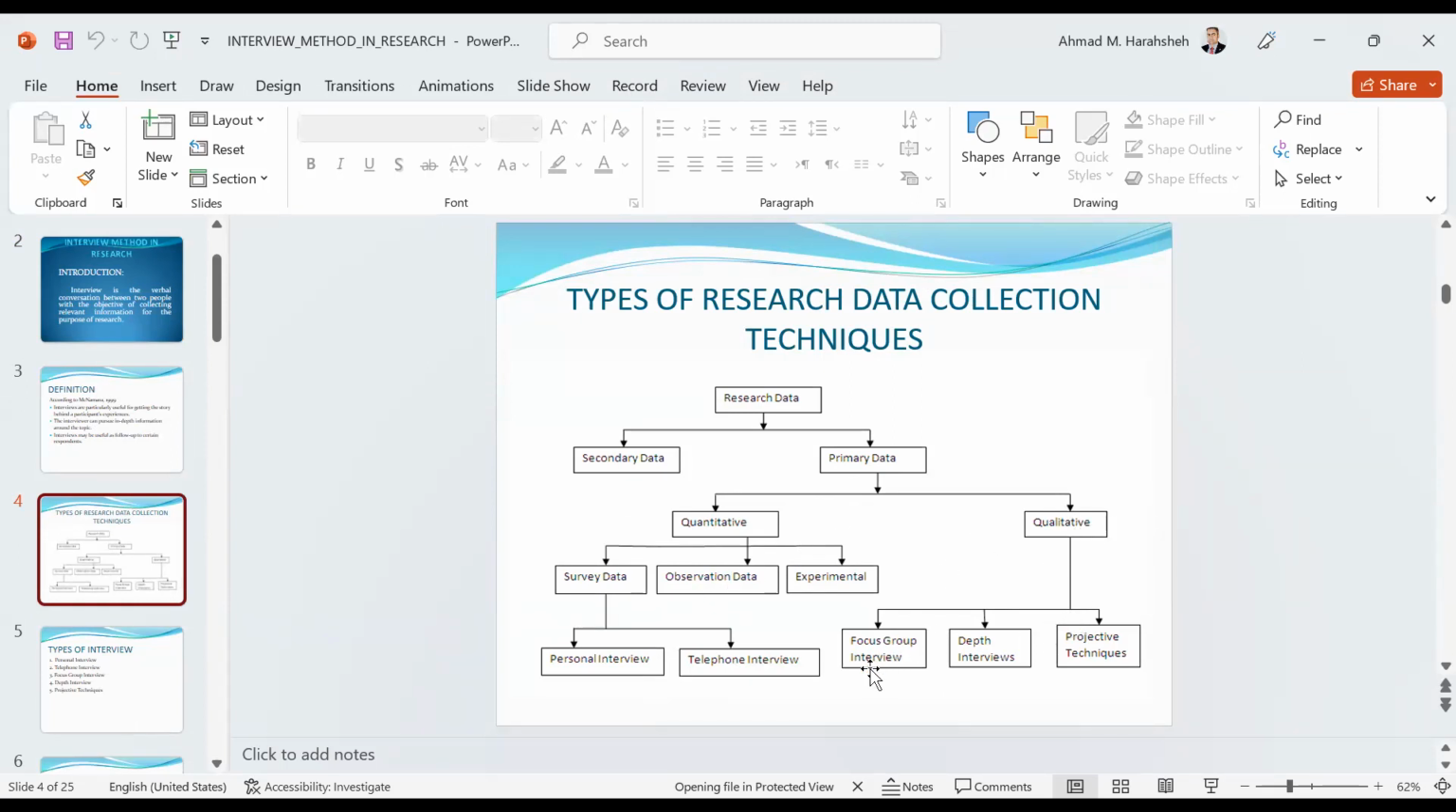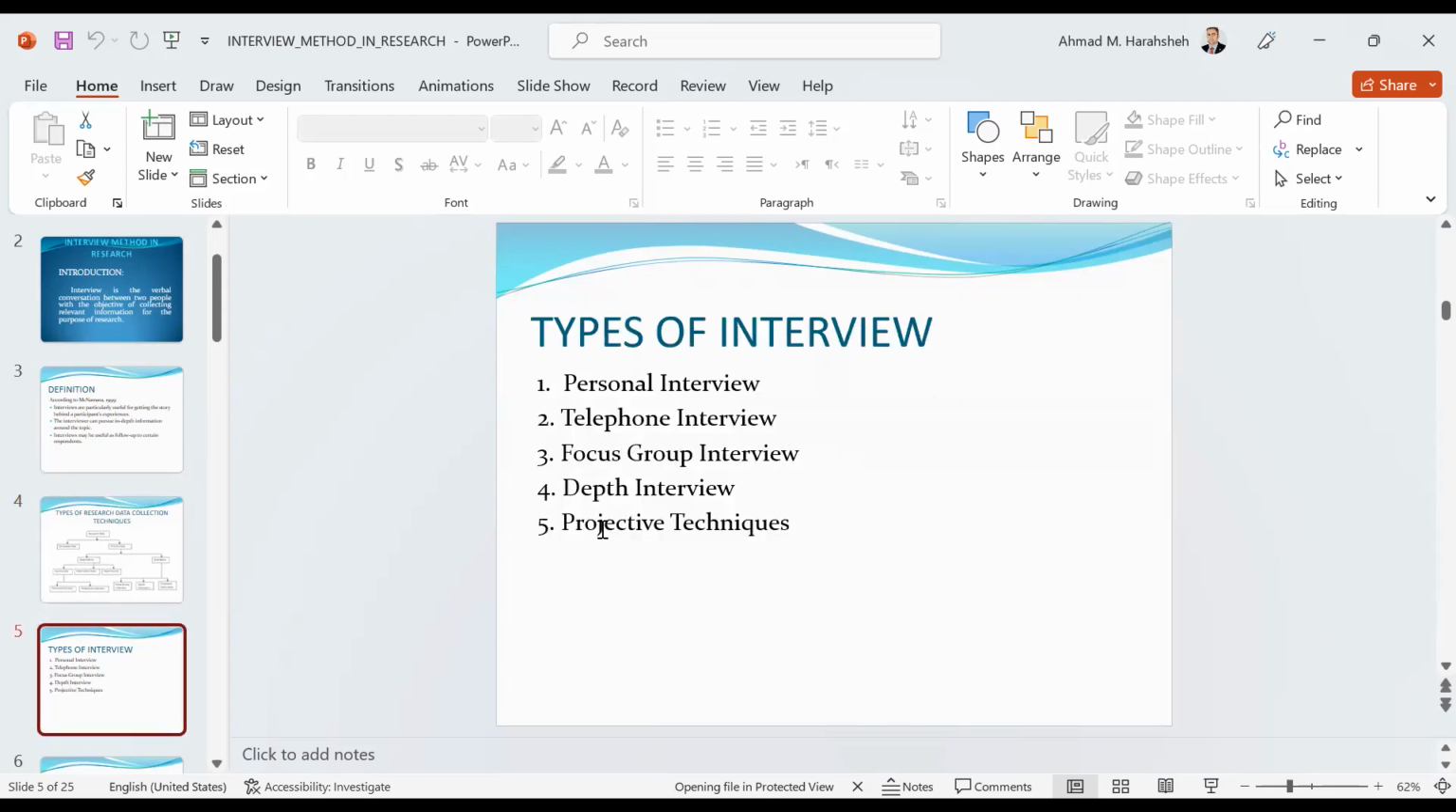نيجي للكواليتيف يا جماعة. فوكس جروب انترفيو، كنا بتجمع 6 أو 7 أشخاص وانت بتدير النقاش. تمام. الدبث انترفيوز بتكون معمقة أكثر. وفي البروجكتيف تكنيكس، يعني it's a kind of projective rather than in-depth interviews. طيب في الكوانتيتيف هون survey data مثلا، observation data، الاكسبيرمنتال طبعا هذا ما لناش فيه احنا. في البيرسونال انترفيوز وفي التليفون انترفيوز أحيانا بتكون. عندي مثلا خلينا نتناولهم هذول التايبس أوف انترفيوز: بيرسونال انترفيوز، تليفون انترفيوز، فوكس جروب انترفيو، depth interviews والprojective